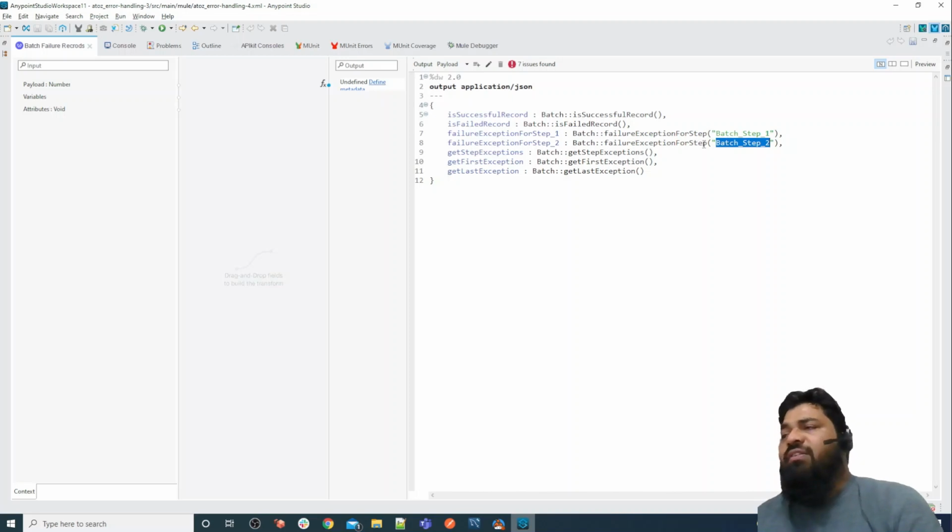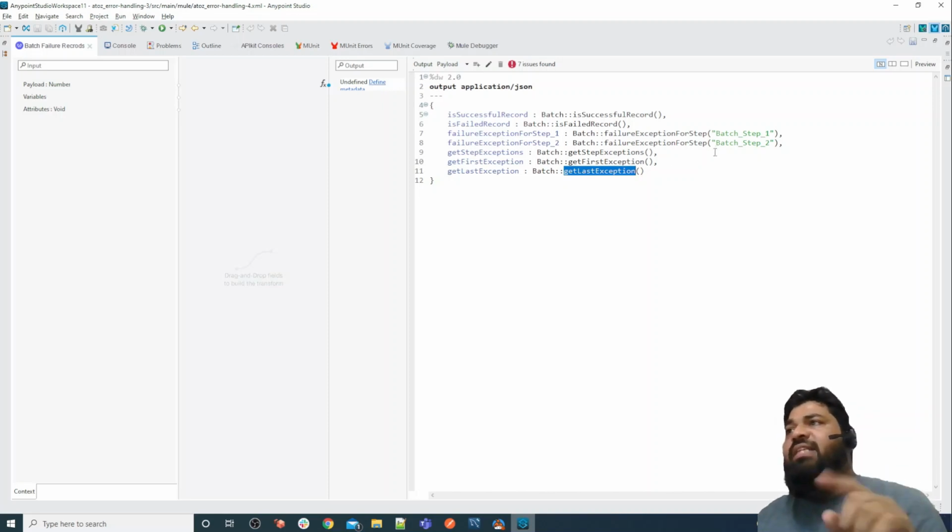If this record failed at step number 2, you can get the error detail from here. This record failed at how many steps, 1 or 2, so it will give you all step exceptions. This record failed the first time, what is the error? This record failed the last time, what is the error?